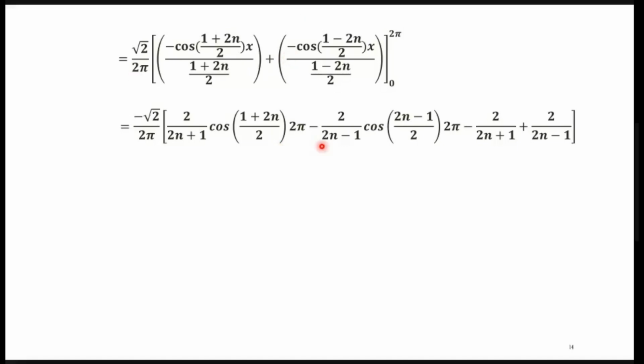This minus sign is already taken out, and then applied the upper limit and the lower limit. So 1 plus 2n/2, x को बदले 2π, upper limit में x के बदले 2π, lower limit में x के बदले 0, यहाँ पे भी x के बदले 0. See to it that whether we have proper signs also. पहले माइनस साइन बाहर निकालने के बाद ये पॉजिटिव हो गया, ये पॉजिटिव हो गया, यहाँ पे नेगेटिव क्यों आया,